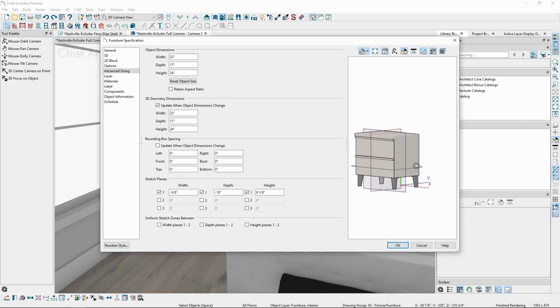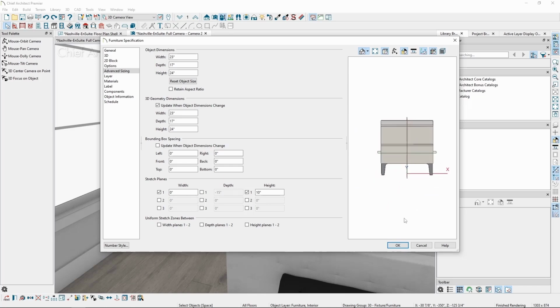X goes to the right, so a positive X value means the stretch plane will move to the right. Since Y is going away from our object, we'll need to use a negative value to move the stretch planes toward the object. And Z is moving up, so a positive value will move the stretch plane up through the object. So if we set up our width and height stretch planes to be near the middle of the object,